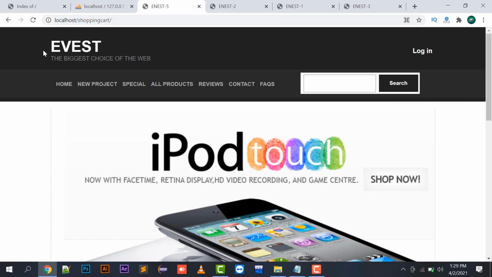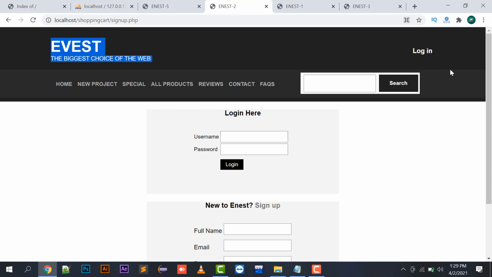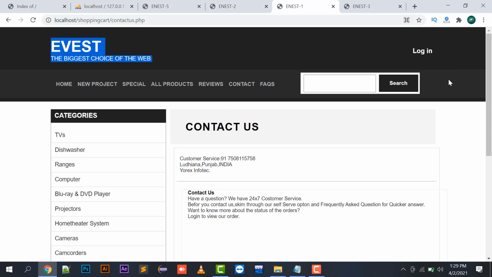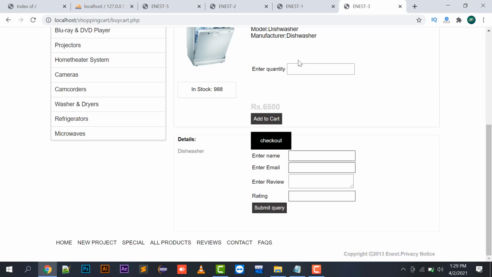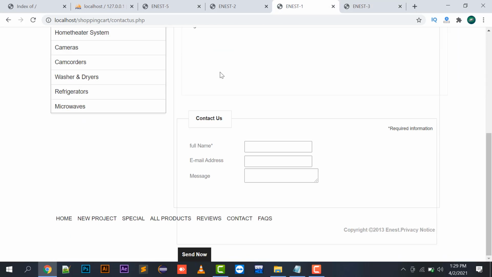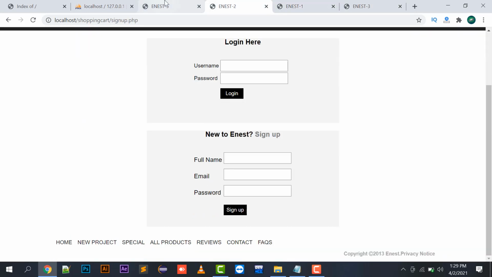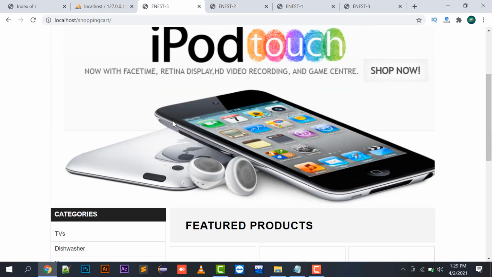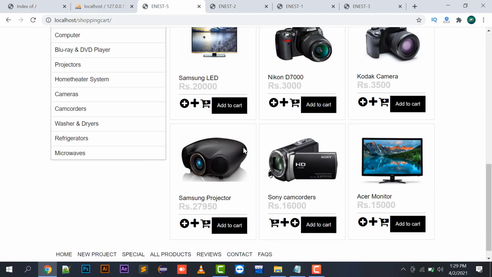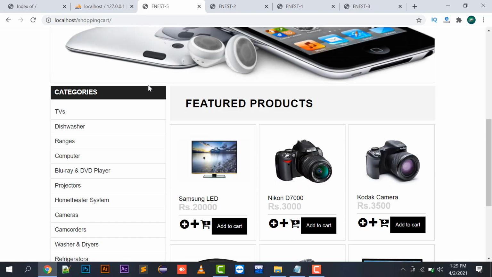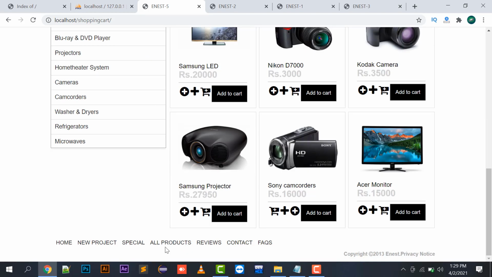If I look at this header part, this portion is common between all, right? And if I look at the footer part, the footer is also common on every page, right? So what we are going to do here is make this header as well as the footer common, right? So how to do it?